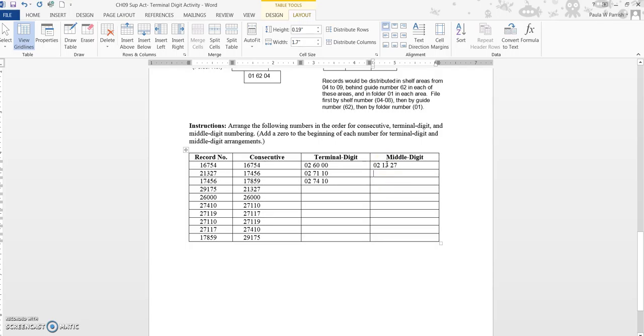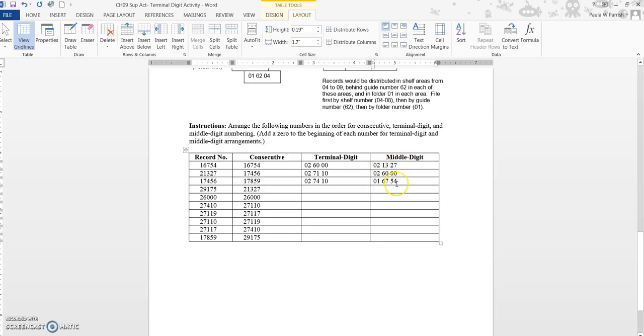The second one would be something that's just higher than a 13. I'm looking through my numbers. It looks as though 60 is going to be the next number. 02, 60, 00. Okay, we'll do one more. So 01, 67, 54. So notice that even though these numbers 2 and 1 may not fall into place, or the last